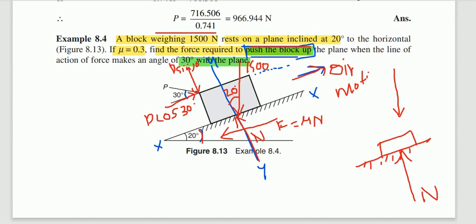So based on the given condition, you need to draw the number of forces acting on the block. Is it clear with the free body diagram? Have you understood how to draw it? You just need to draw the forces acting on the block. The weight of the block you have written, and the P force is already given. Normal reaction and, extra, what do we need to draw? The friction force direction, that is opposite to the direction of the motion here.